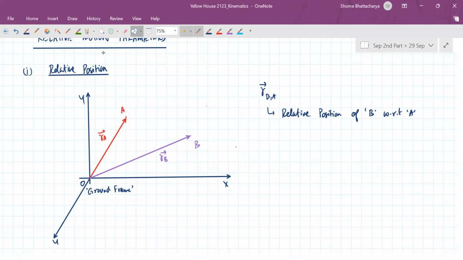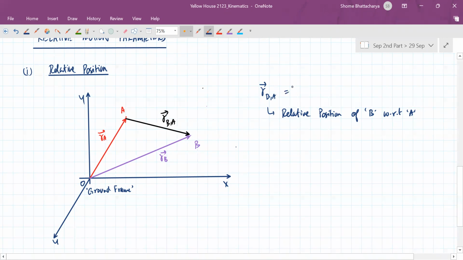So that is defined by this vector. You can see this quantity over here is described by the vector from A to B. Now you can see that these three vectors are forming a vector triangle such that this is nothing but RB minus RA. So this becomes the vector definition of relative position,